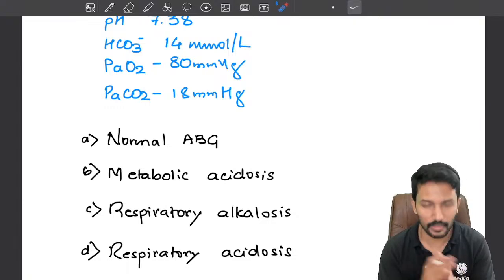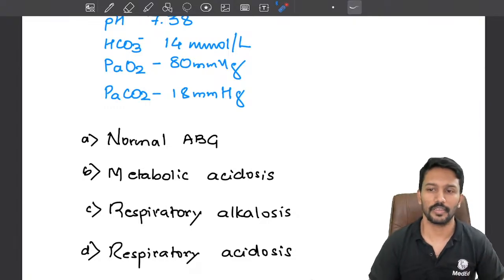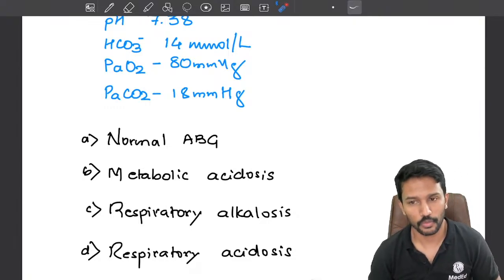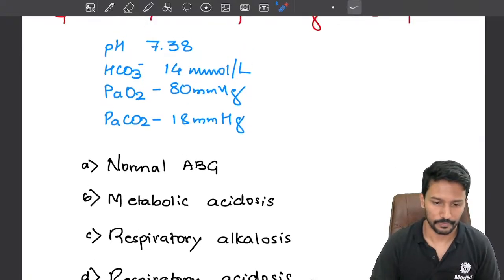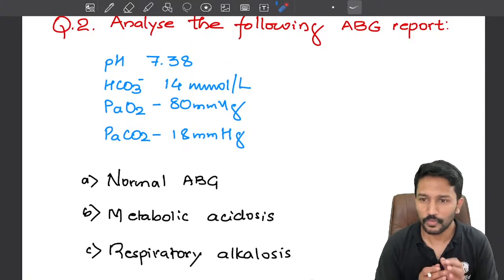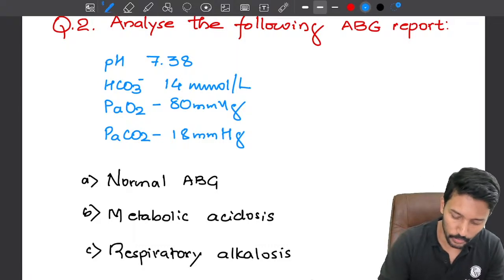Normal ABG, metabolic acidosis, respiratory alkalosis, respiratory acidosis. So what do you think? Do you think this is a normal ABG or not? If not, then what is it? So that brings one important question, right? What are the normal values of